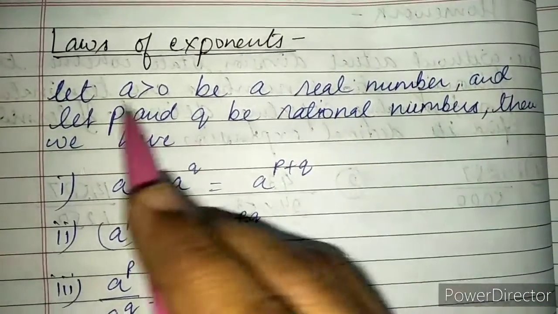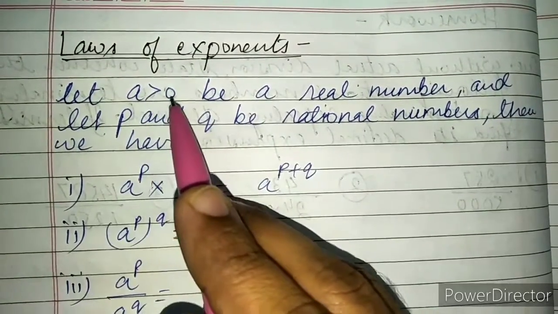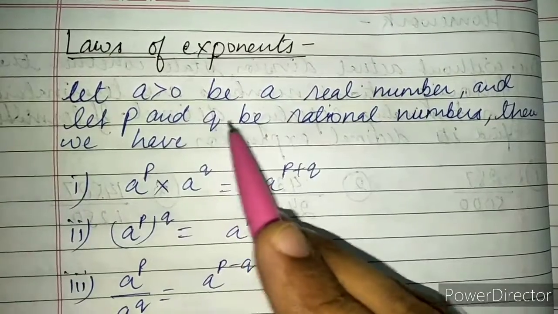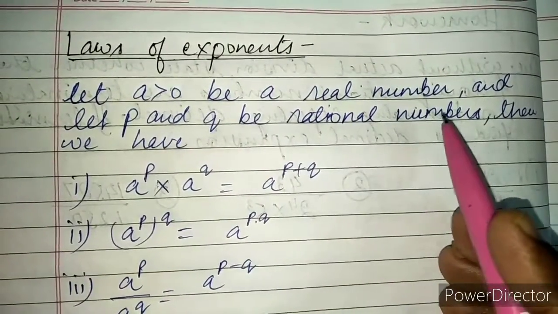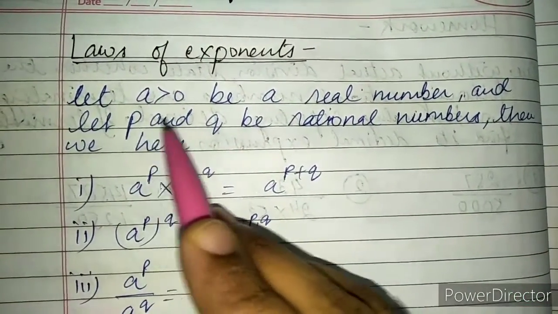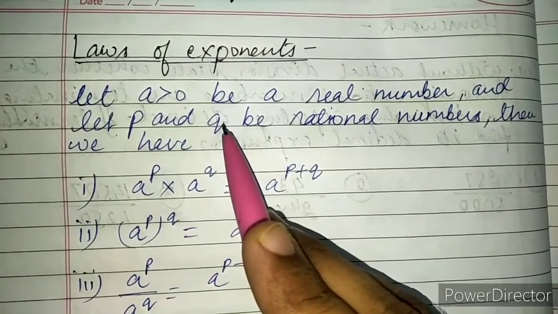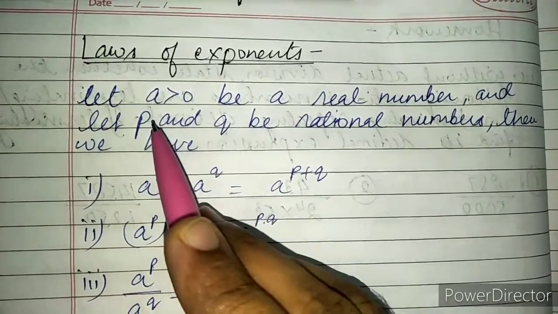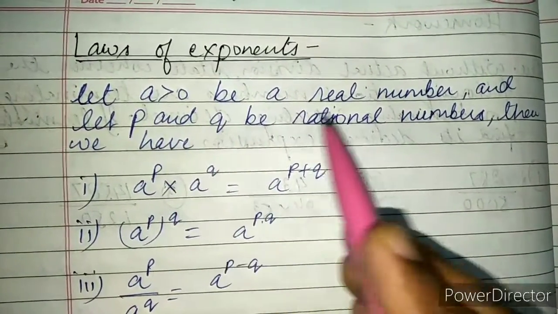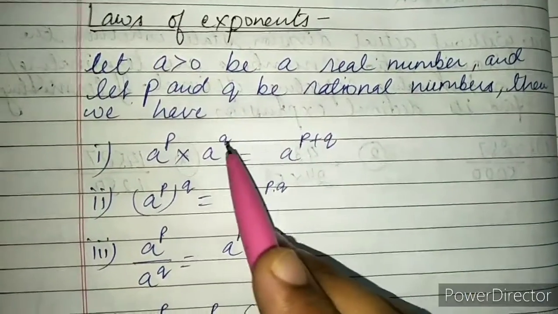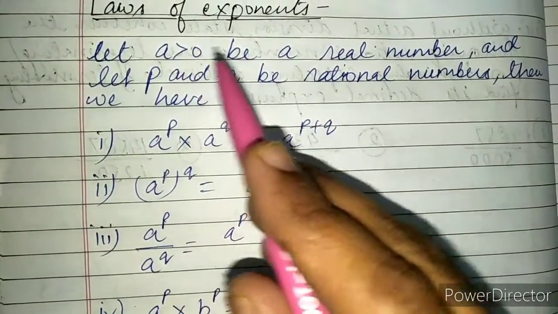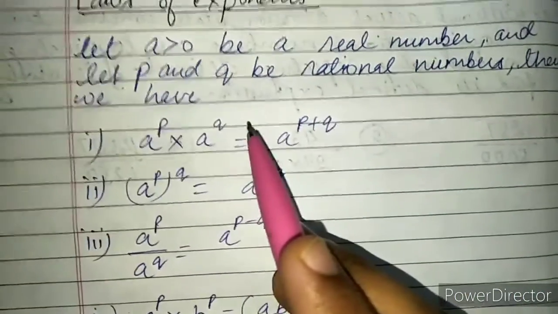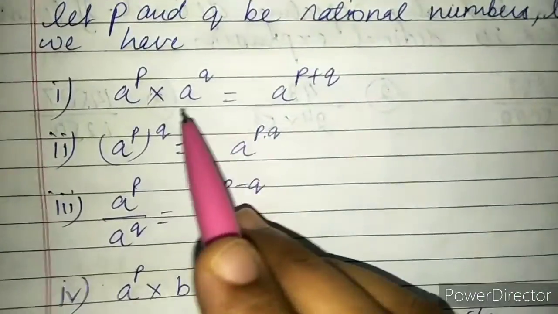You can see here, let a greater than 0 be a real number and p and q be rational numbers. It is not integers, it is rational numbers. It is not natural numbers, it will be rational numbers, right? So if a is a real number and p and q are rational numbers, then we can say that